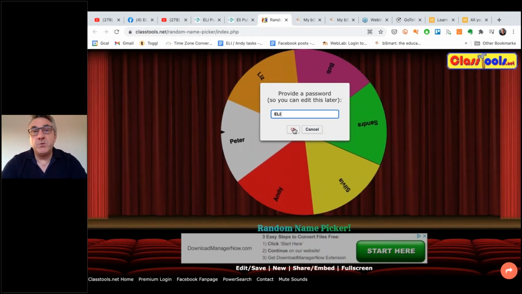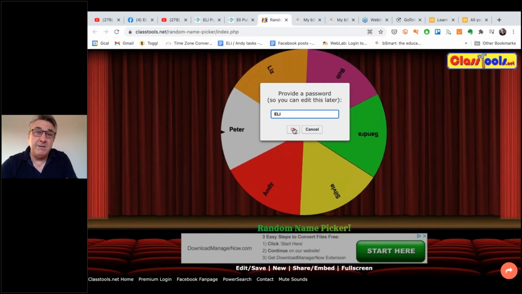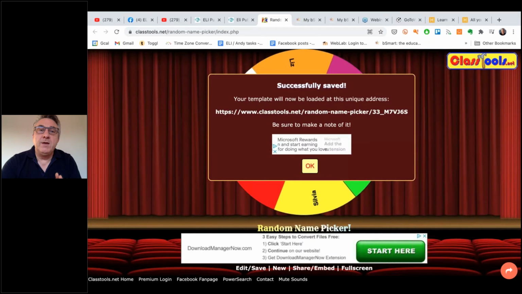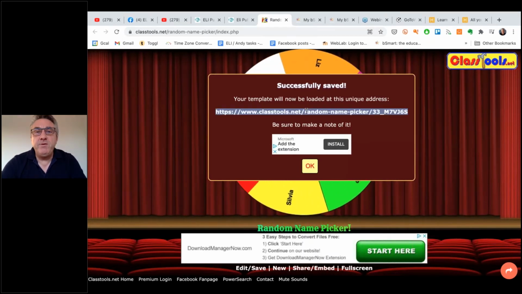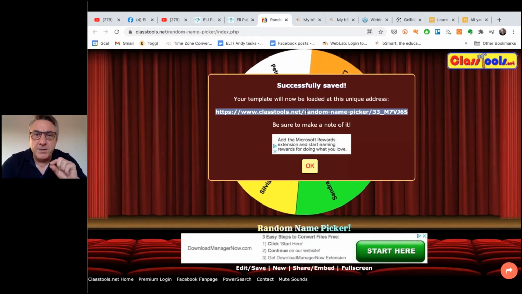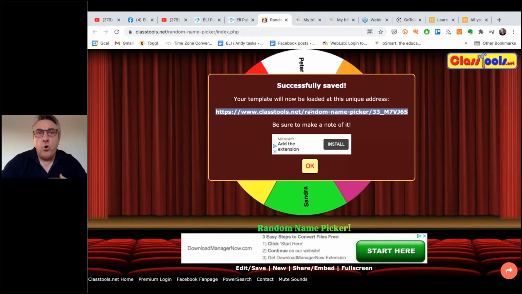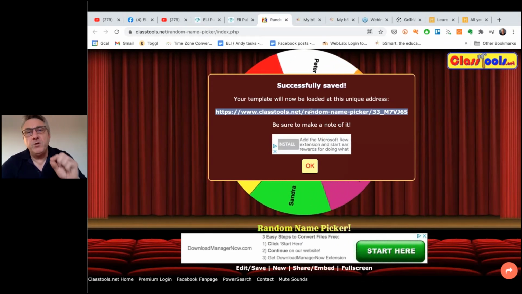You have to remember your password if you're going to change these names again. When you click OK, it saves a very particular website. That means that particular URL will always bring up those particular names.